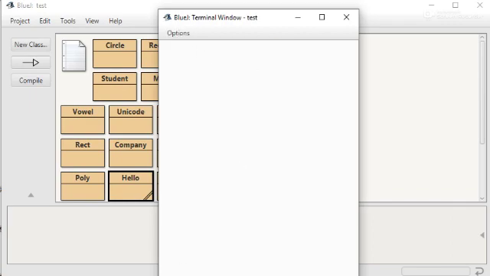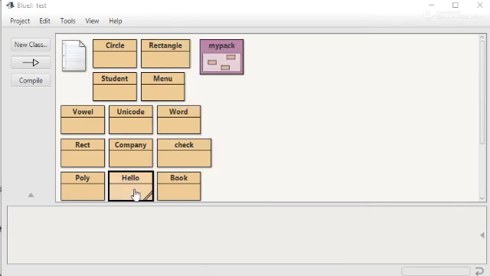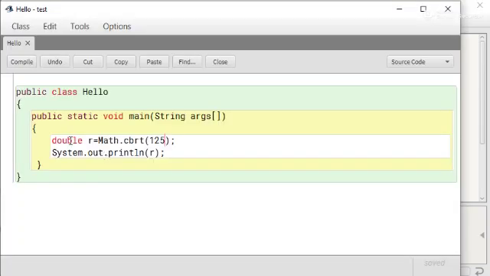Now clear the screen again. Now for rounding methods, we use all the three rounding methods, Math.ceil, CEIL, and the value is suppose 46.6. We can take this value as a variable also.